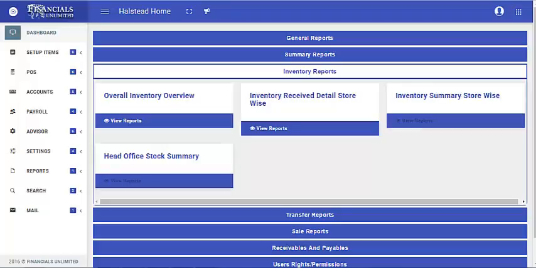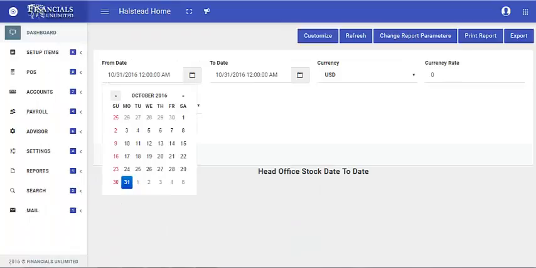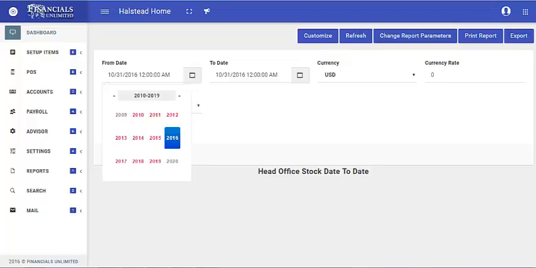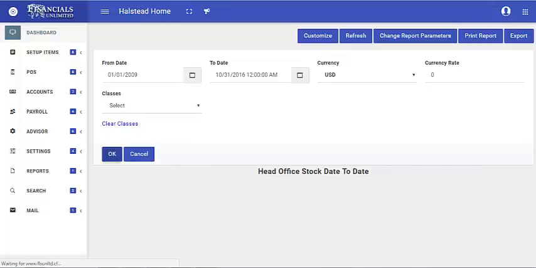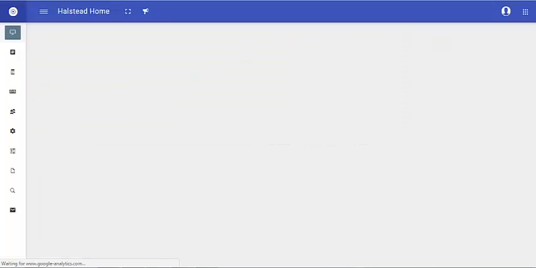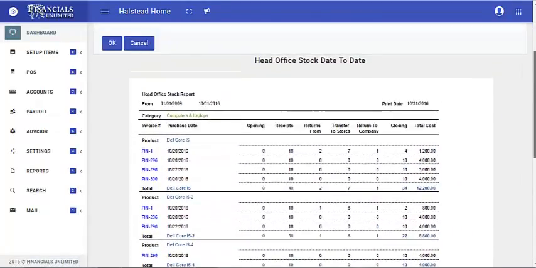Here in this report, we would get the same report, but this report would give you the report on the basis of head office. Okay, I'm going to click this now. Similarly, again I need to give the time range over here. Okay, I put this to, okay, again 2009 January 1. Okay, now I'm gonna click this, and in a few seconds it provides the whole report with respect to head